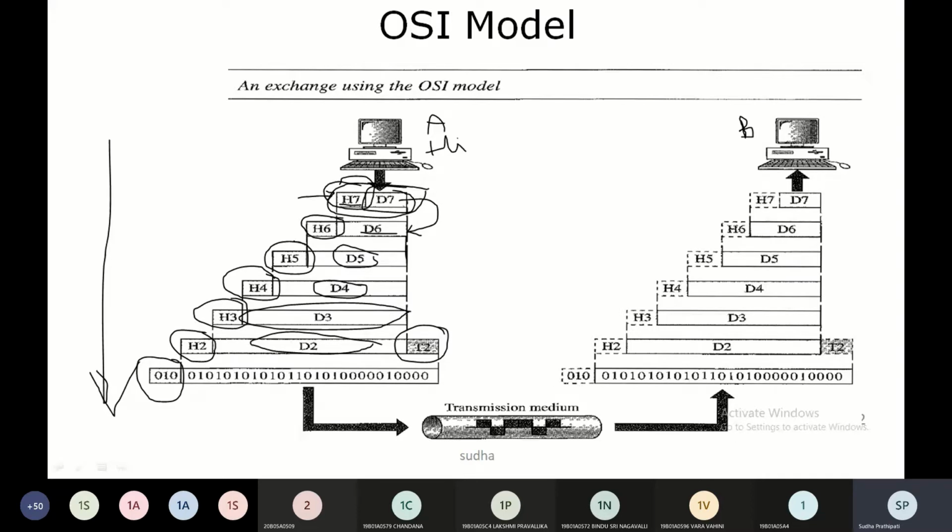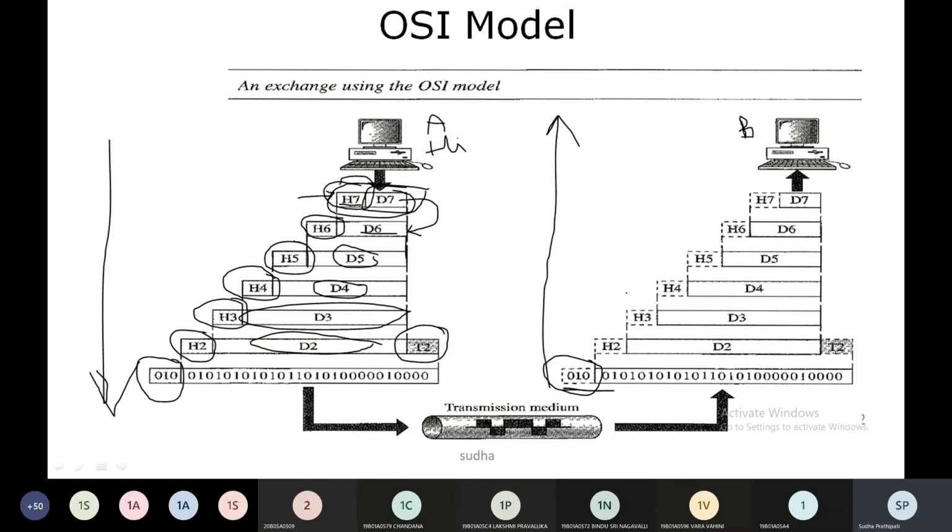And after reaching the destination node, what happens? This is put in the dotted line. Why it is put in the dotted line is that this header is used for certain checking purposes. After ensuring that this message is for this particular device, the communication happens and this header is dropped. The rest of the packet is sent to the layer above it. So you can see at the destination, the data will move from the bottom to the upper layers.